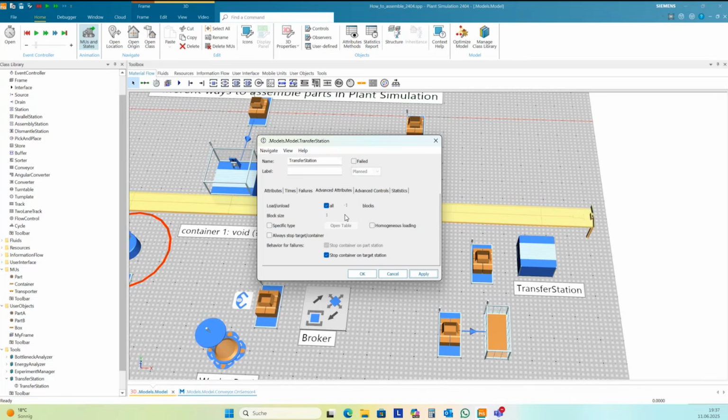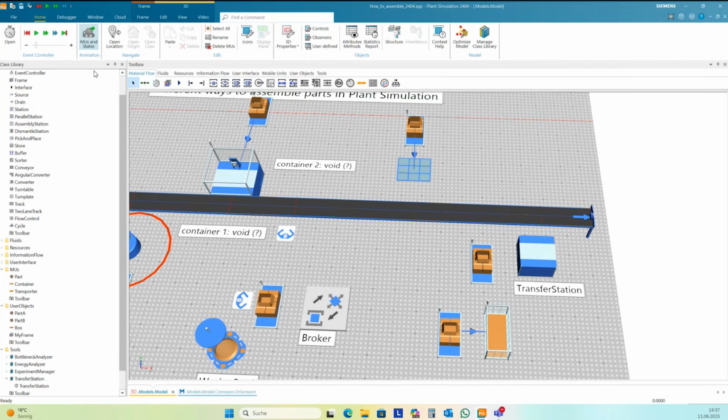For instance, if you want only load one part, then you can define it here, load, unload 1 block, or 2, or what you want. Okay, it stops automatically the container at the transfer station, and these are the settings you need to do.